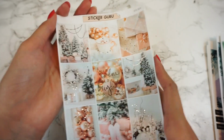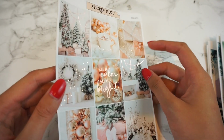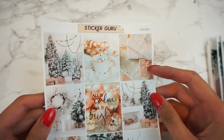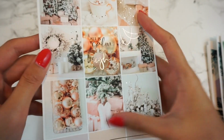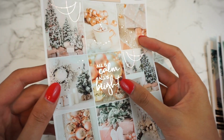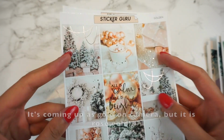And then lastly, we have a photo kit. So our photo kits, we don't have any deco or journaling kit to go with it. So this is all that we have for this collection. It's called Golden, and obviously, as you can see, it is Christmas themed. So the quote box says, "All is calm, all is bright." And this one is in rose gold